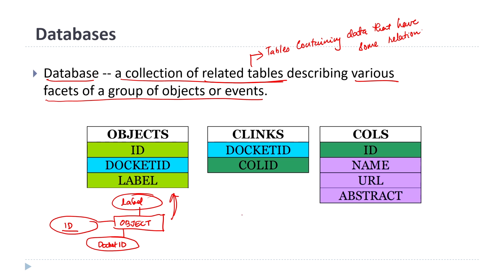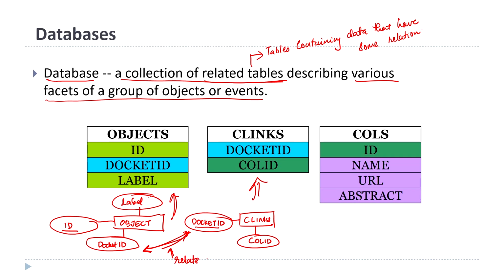Then there is another entity called calls, which has docket ID and call ID. Let us assume docket ID is the unique identifier. So, that is connected here. Now, you can see that between these two docket IDs you can relate these two databases using docket ID. Now, the other one, calls, whatever that entity is, you have ID,